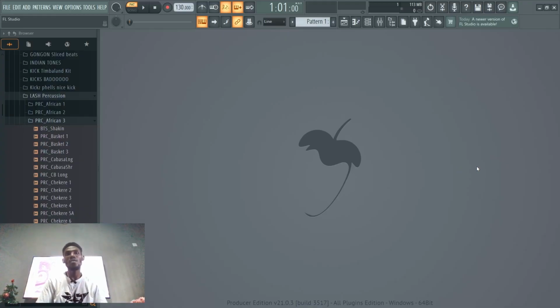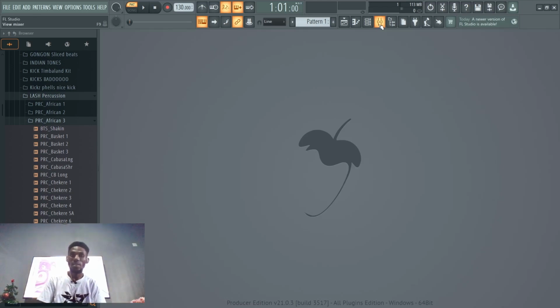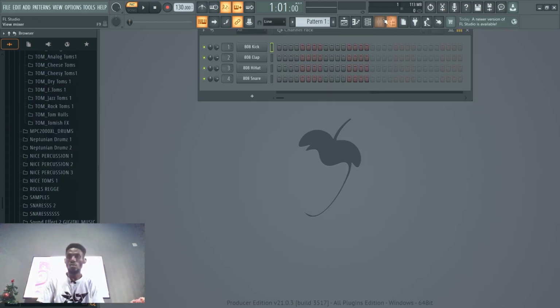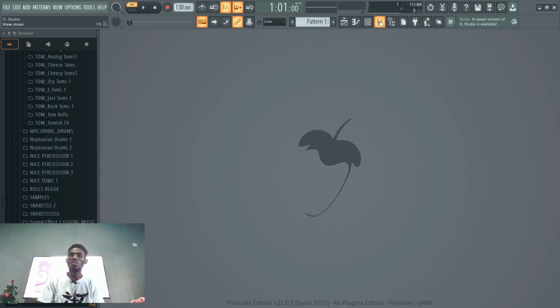Okay, we are inside of FL Studio and this is FL 22 or thereabout. First things first, let's assume that you have a beat because this is actually empty. There is no beat here. Okay, let's just go straight to the tutorial. Let's assume that you have a beat already. Maybe you created a beat, you just want to voice on top of it, but this is going to be an empty one. So the first thing you're going to do is come over to your mixer and click it,